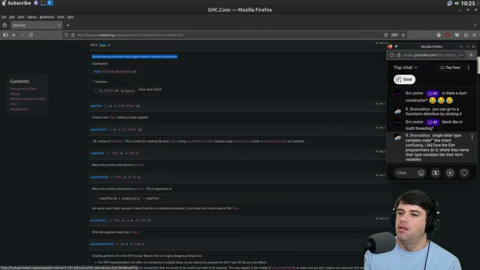And then, block like in my multi-threading. Yeah, I think that's what the blocking is. And then R,